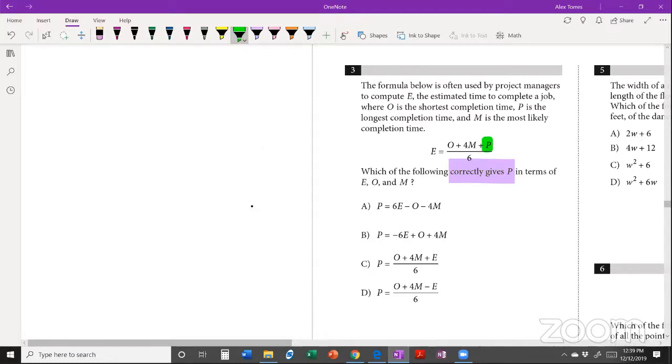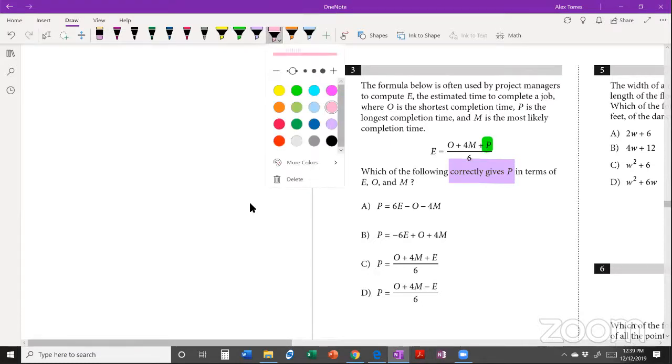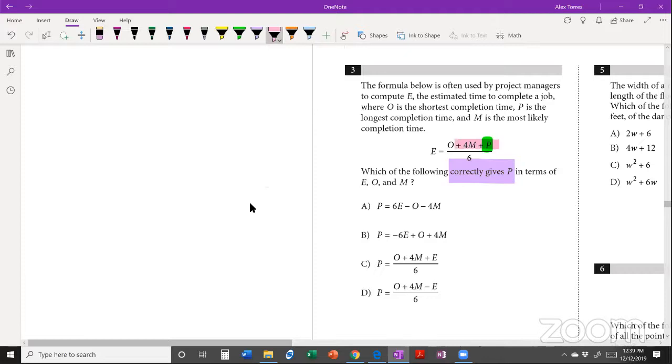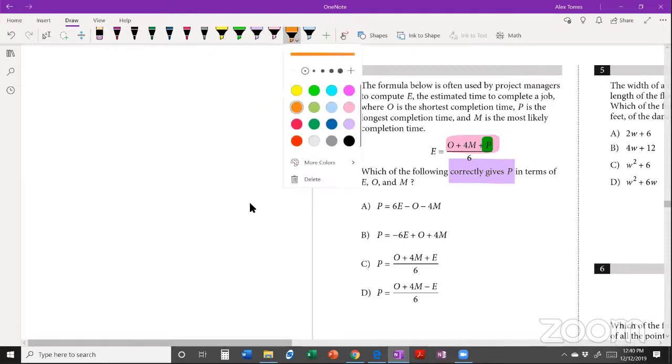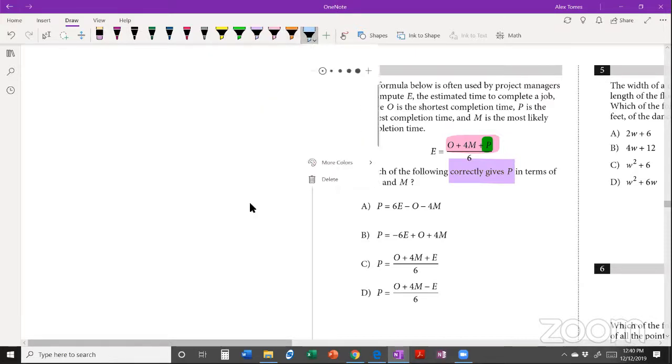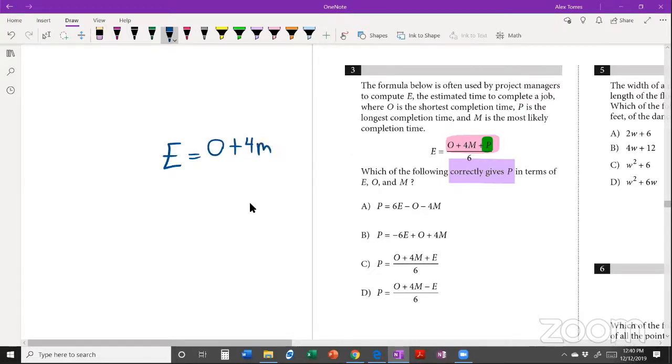We can't get P by itself until we get the group that P is in, which is this group by itself. So in order to get the green P by itself, you've got to get the pink group all by itself. So to do that, you can